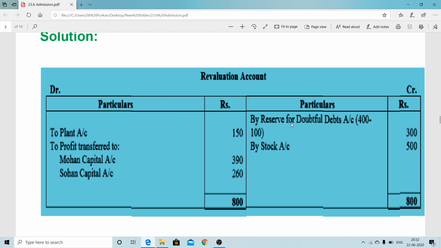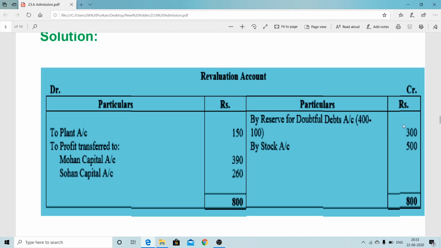So that way you can remember, or this way also: if old is greater, then buy side; if new is greater, then two side, and we take the difference. But we have to remember that the new one will be deducted from the debtors on the new balance sheet. So any one method we have to remember, either this or that, whichever is easy. Now here in this case, old is greater, 400 minus 100, 300.